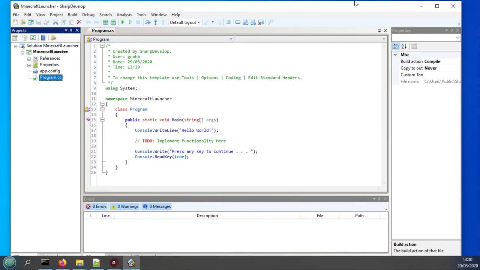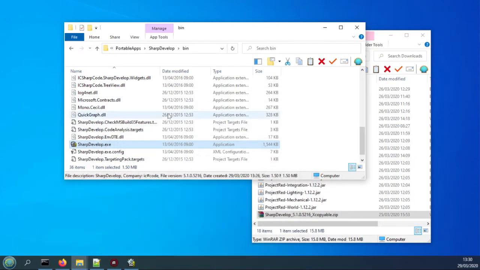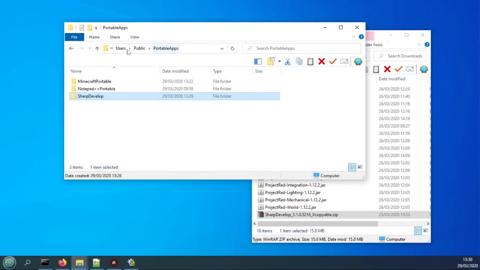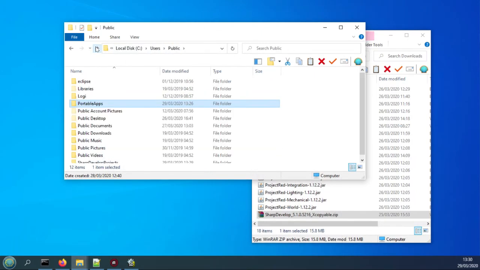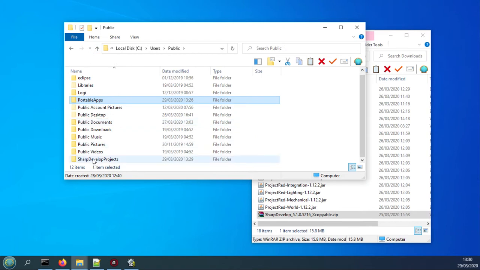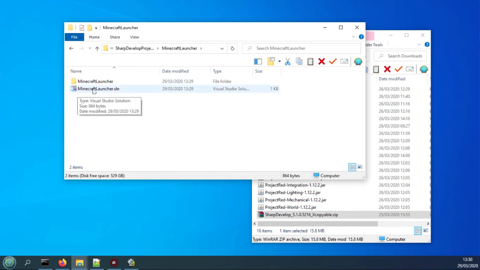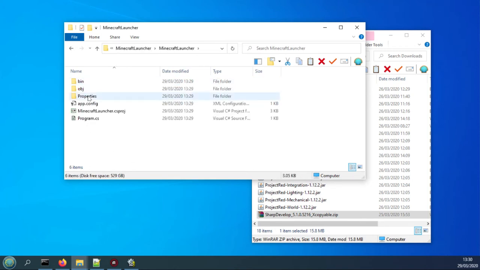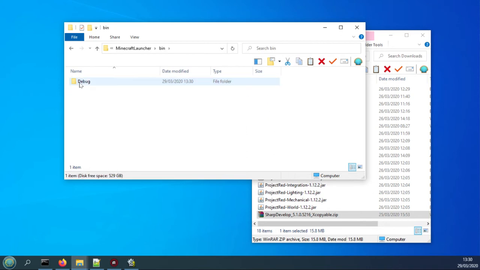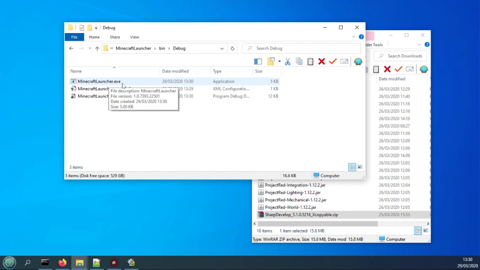Before we go any further, I'll just minimize that for a moment, and we will find, where are we? One up. If you remember, I created one called Sharp Develop Projects in here. Minecraft Launcher, that's the solution file. This is set at the moment to Visual Studio, so if I double click that, it'll open it in Visual Studio, but that doesn't matter, it's no problem. Then we've got Minecraft Launcher, then we've got a bin folder, a debug folder, and that's where the